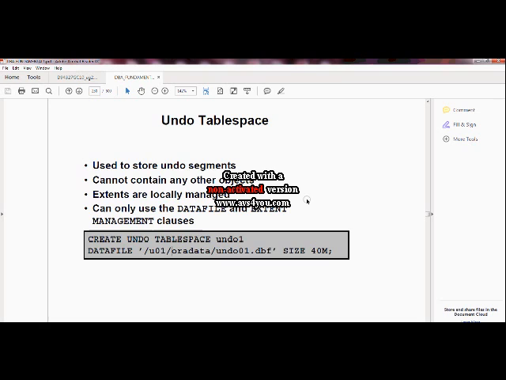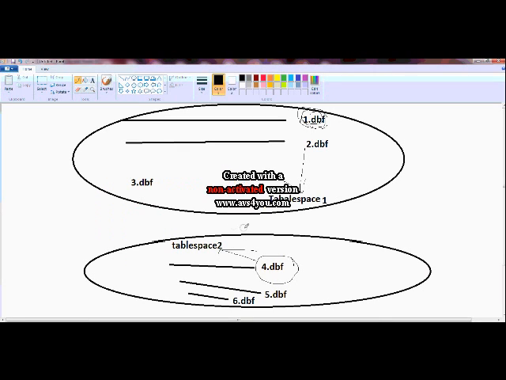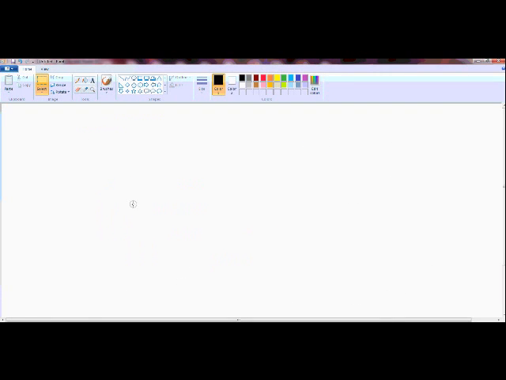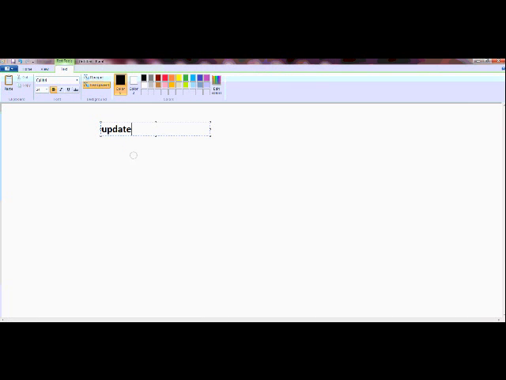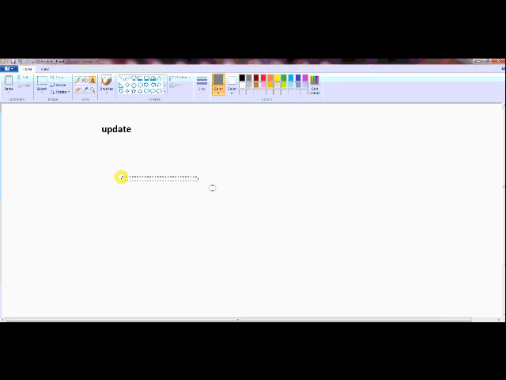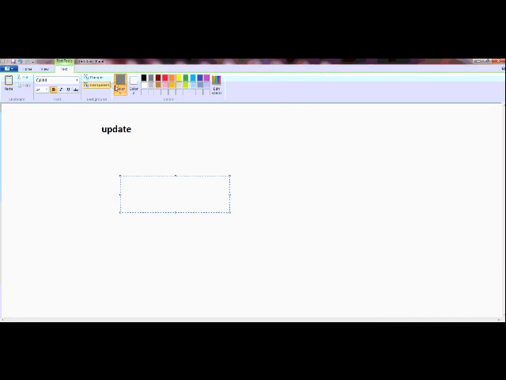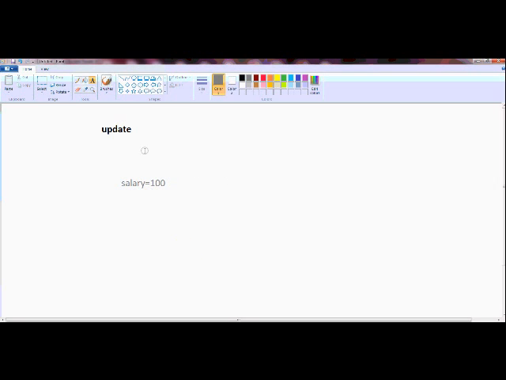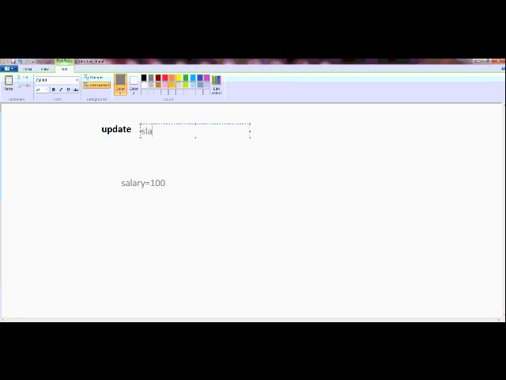So the next question would be, what is the difference between undo tablespace and permanent tablespace? As you know, whenever you perform any update command, how it works: suppose this is your block and it has a value, say salary equal to 100, and you are performing update salary equal to 400.